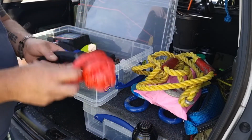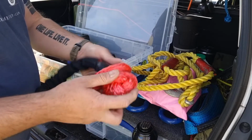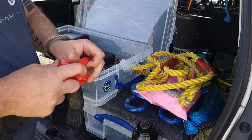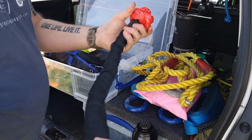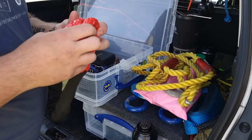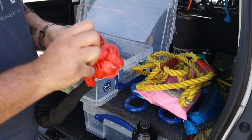Got a much larger bow shackle. I bought this recently. I haven't used it yet. I mean, not a bow shackle, sorry, soft shackle. It looks like a bit of a monster. It's so big it doesn't even fit through the thimble on my winch, but I'm sure I'll find use for